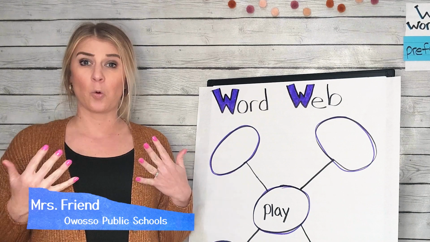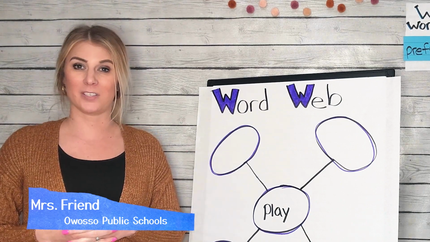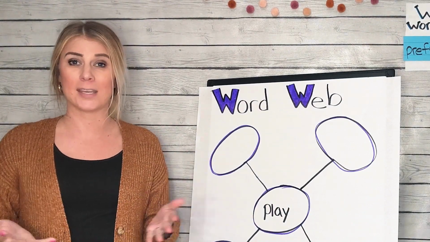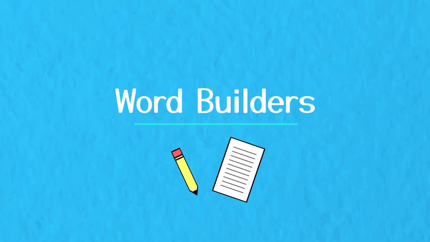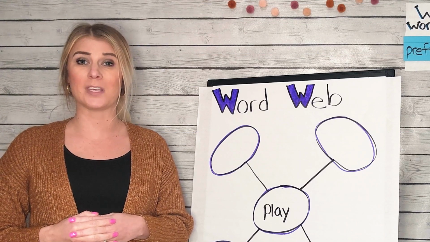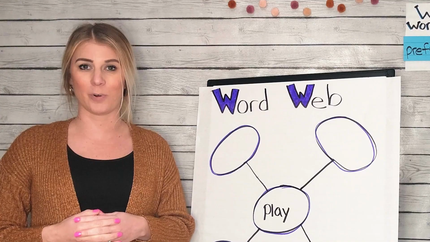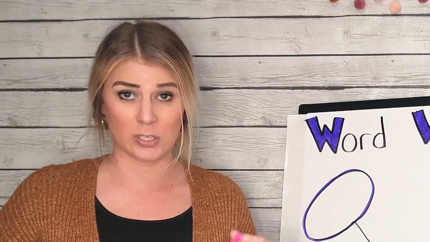Welcome, readers. When I'm reading, I like to look for word parts in a word to help me read longer words and to help me understand what these words mean. Today, we're going to look at a base word and see how the meaning of the word changes when we add a word part to either the beginning or the end of that word. What is a base word? A base word is a word that makes sense all by itself, but we can add a prefix to the beginning of the base word or a suffix to the end of the root word, and it will change the meaning of the word. Are you ready to give it a try?